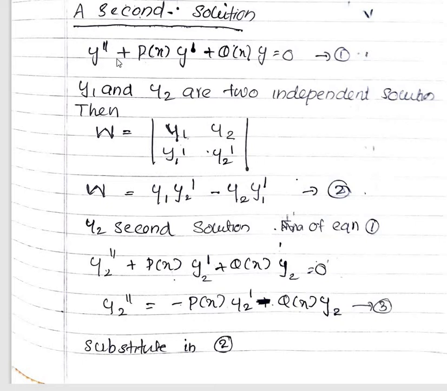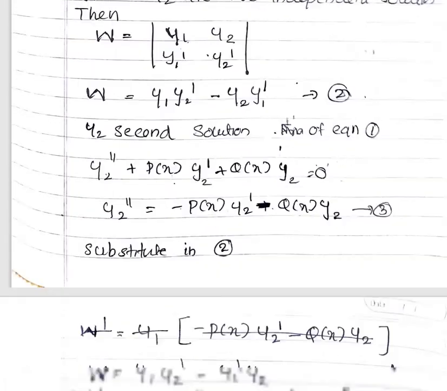Equally, y2'' + p(x) y2' + q(x) y2 is also equal to 0. So this is y2'' + p(x) y2' + q(x) y2 = 0. From this we will get y2'' = -p(x) y2' - q(x) y2. We take these terms to the right-hand side, and then we will get this. And now we are going to substitute for this y2' from this equation. So